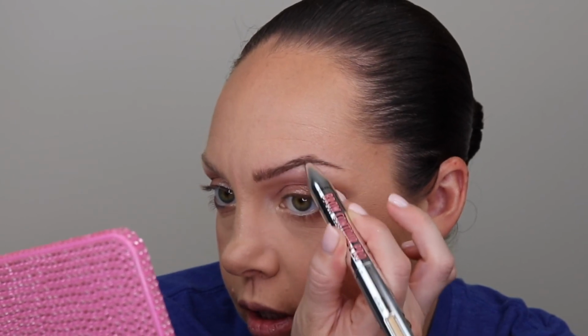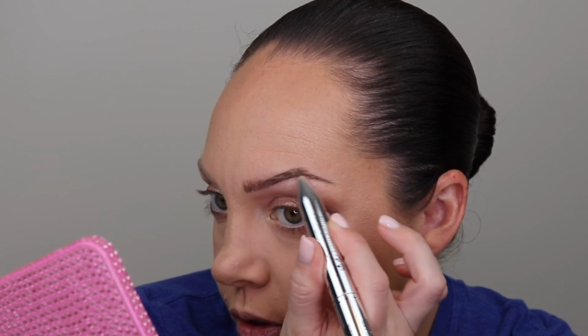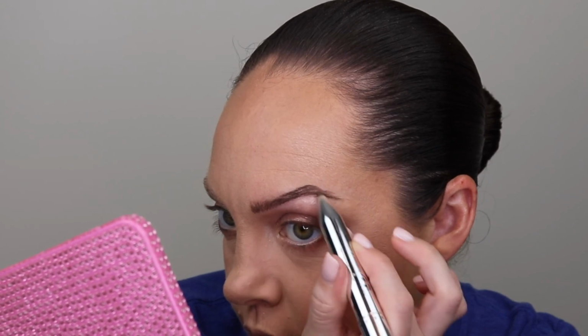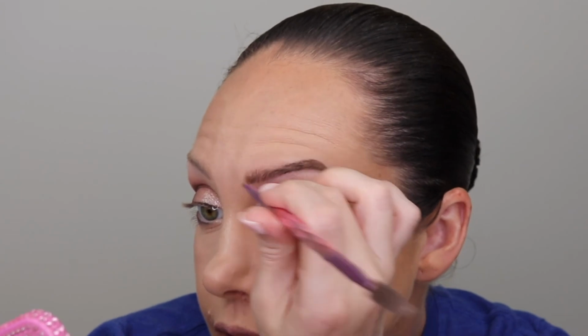Now when you flick it on there, it's not gonna be perfect. It's gonna be kind of patchy actually. That'll be fine because when you use the brush, it'll actually fill it all in and make it a little more cohesive. And now I'm just getting sloppy. So, switch over to the brow brush. Now we're gonna switch over to the brow brush, which I need to clean, so don't judge me. And we just kinda